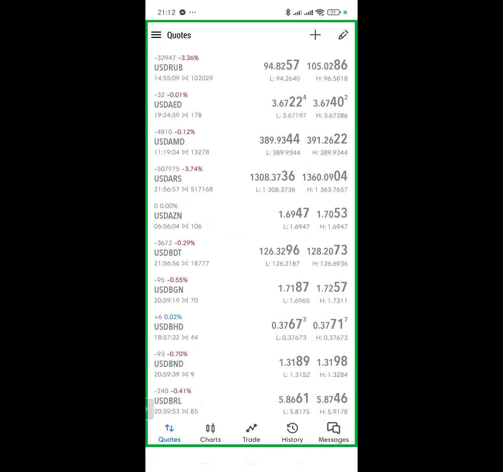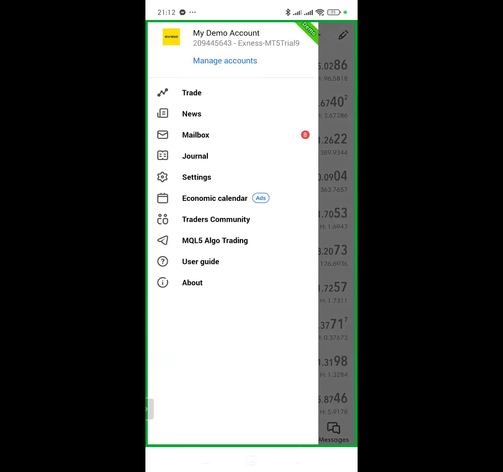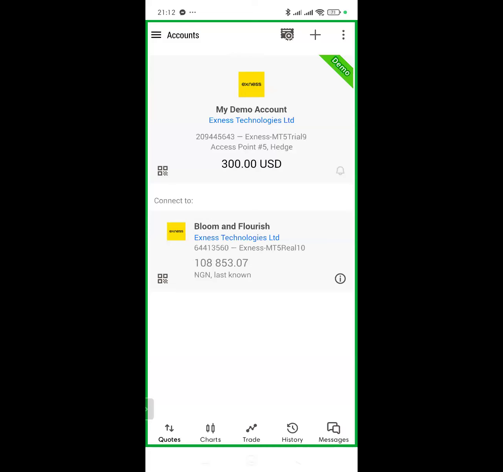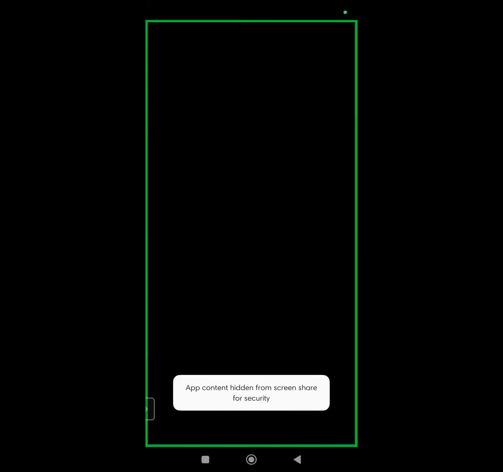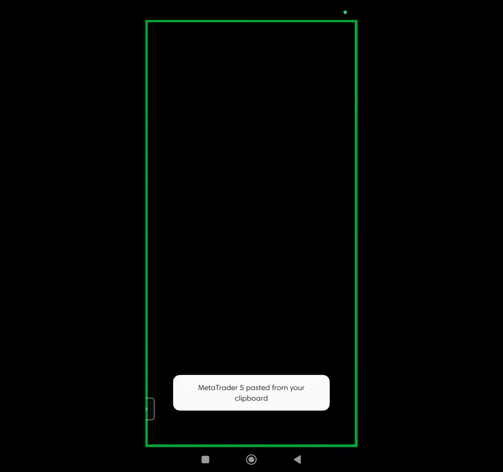Now, when you open, I passworded all of mine. When you open your MT5, go to these three horizontal lines on the left-hand side, and then you click, come to manage accounts. When you come to manage accounts, you see this plus sign at the top right-hand corner. You click on that plus sign, you see find broker. Because I've been interacting with it, it has automatically saved XNES Technologies. So I clicked XNES Technologies, and now I can paste the login that I copied, and then I'm going to